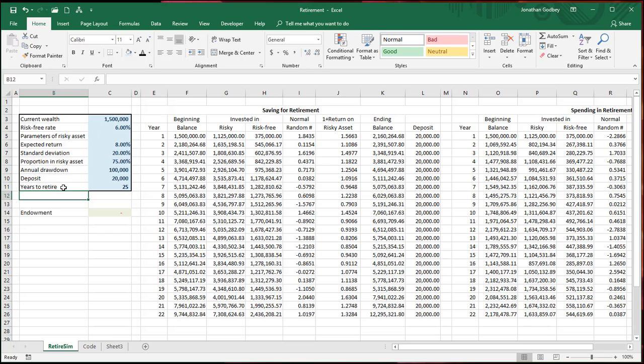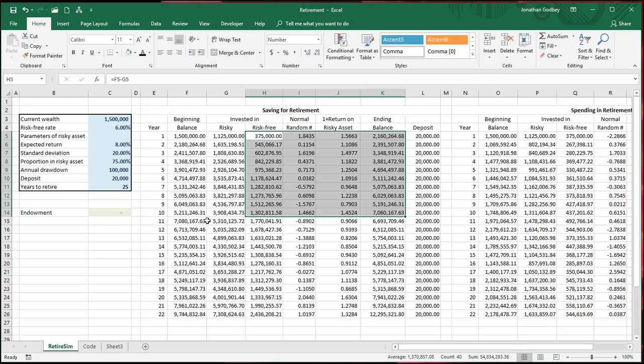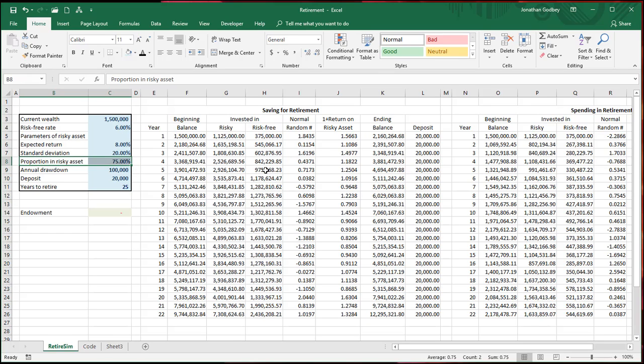So then I need another line. It's going to be years in retirement. So this will be years to retirement. It will give me this number. Years in retirement will give me this number. The offset is going to pick up the balance at the end of my saving for retirement. The endowment is going to be the offset from over here. I'm going to have a proportion of risky assets pre-retirement and a proportion of risky assets post-retirement. So I'm not going through every little detail with you on this because you now have the ability to do that on your own. So watch this. If you have questions,